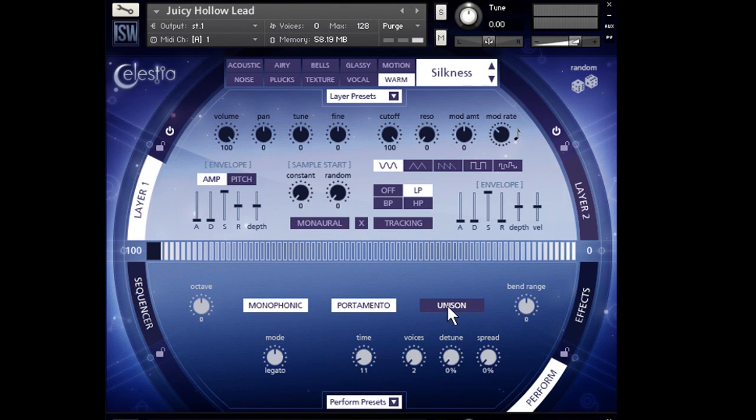Unison is a bit CPU intensive, as you might expect, because it multiplies the number of voices in the synth. However, it enables you to do all sorts of fun sound design stuff. So here is 3 voices with some stereo spread and detuning. We use this in a lot of the very rich, thick pad sounds,